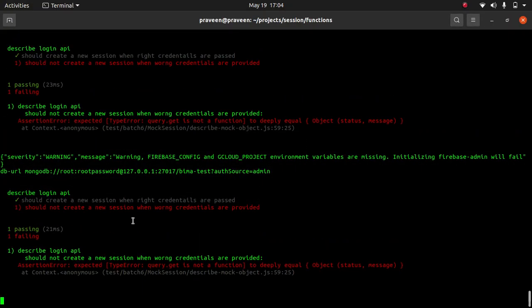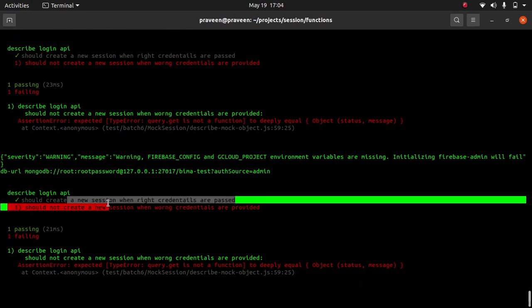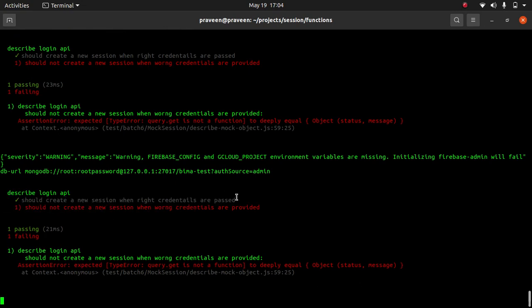So here it basically told the first one passed, should create a new session when the right credentials are passed. Here it is basically telling query.get is not a function. Okay. So this is in the second test case: should not create a session when wrong credentials are provided. Here it is telling expected query.get, but query.get was not a function.